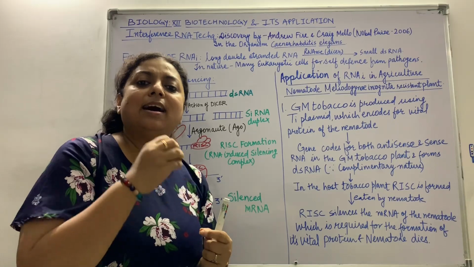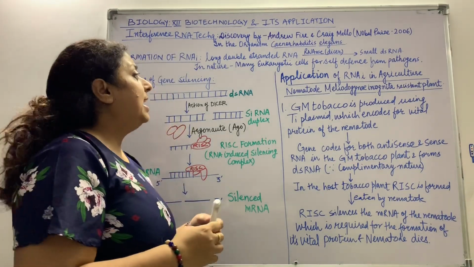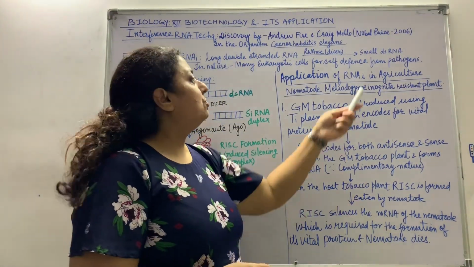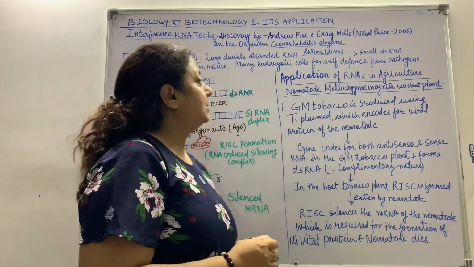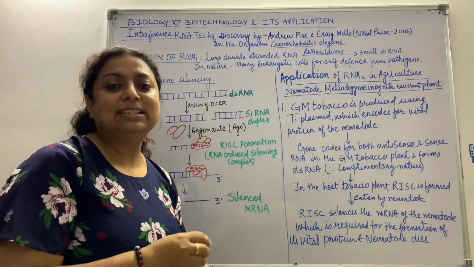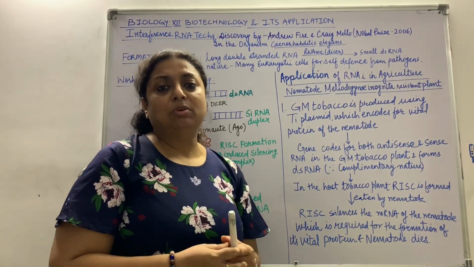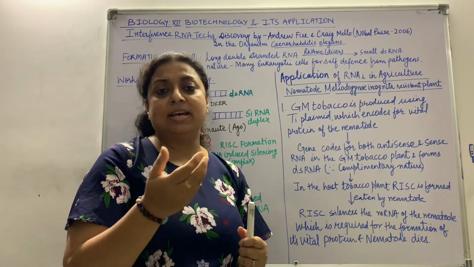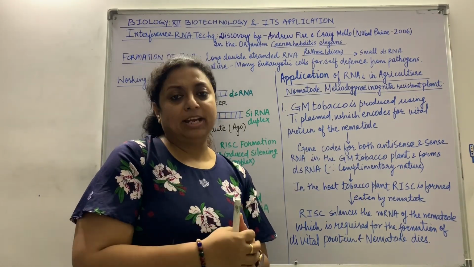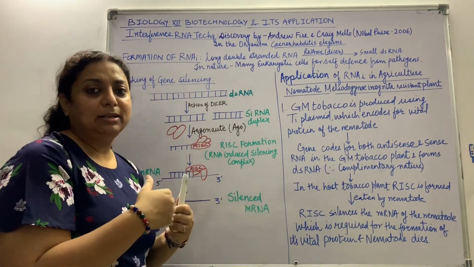recognized by an RNase, which is a protein known as dicer, and thus it breaks this long double stranded RNA into small double stranded RNAs. And now in nature, many eukaryotic cells use this mechanism as a self-defense against various types of nucleic acids due to viruses or other helminths. When these infect them, they are able to protect themselves. So this is a very novel process which we are using in biotech.